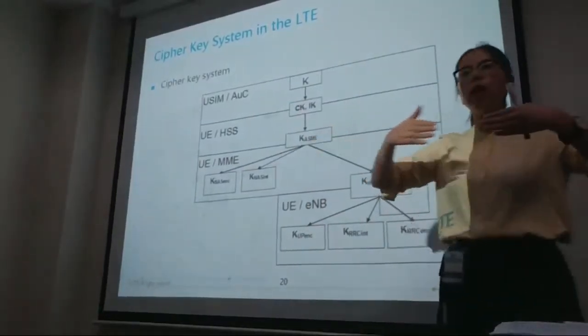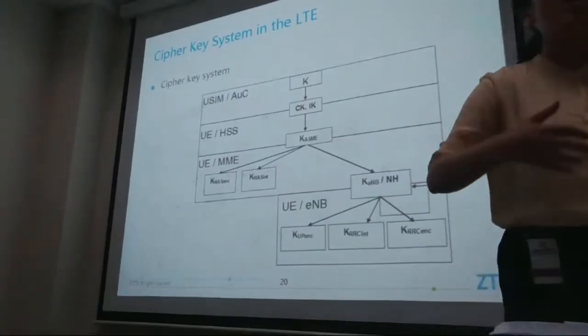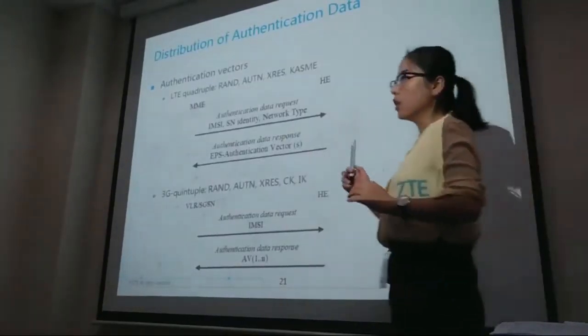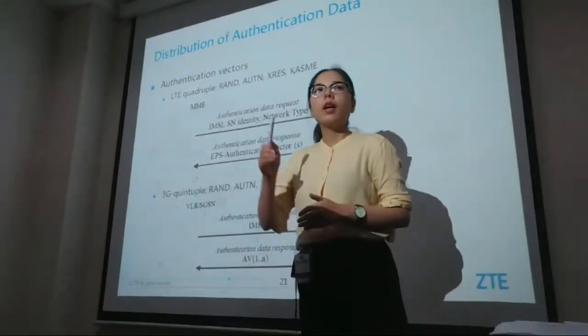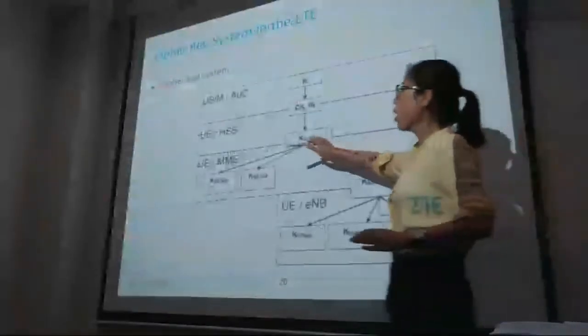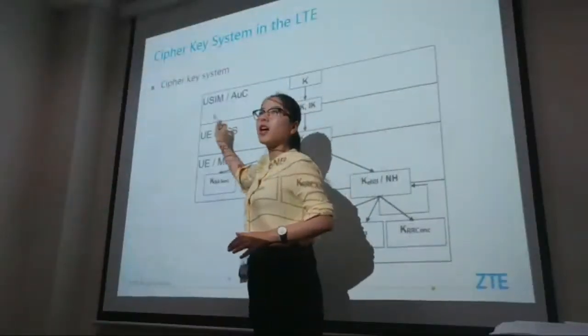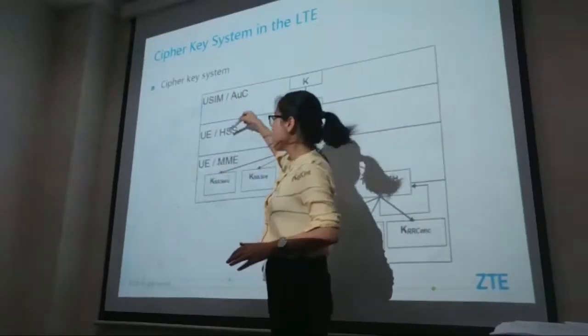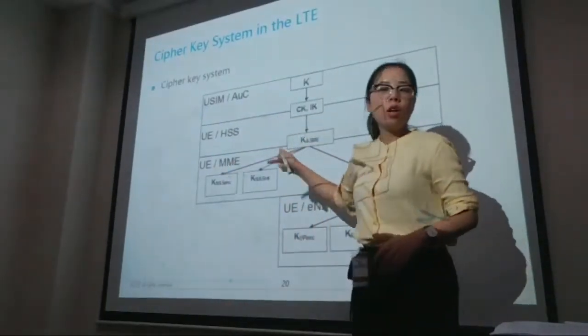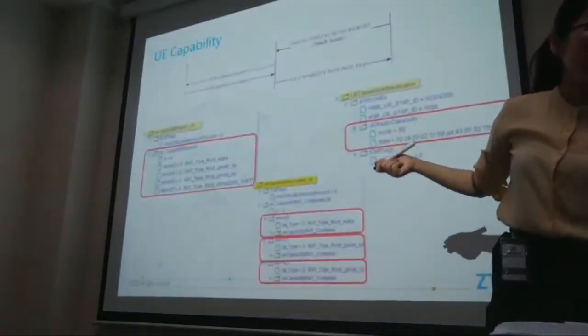So how do we use the same one? The MME will deliver it to the eNodeB side. That value, we can see here, is generated in the HSS. So the HSS tells the MME which one you should use. Yes? So first the MME